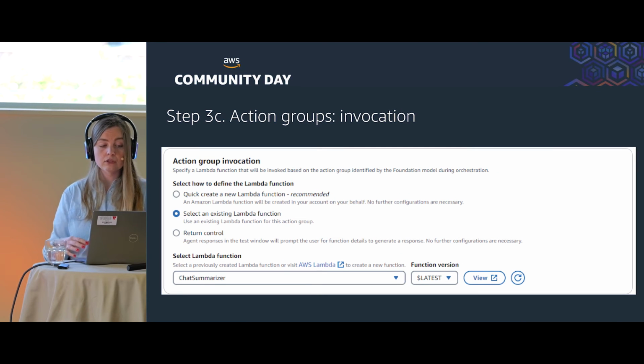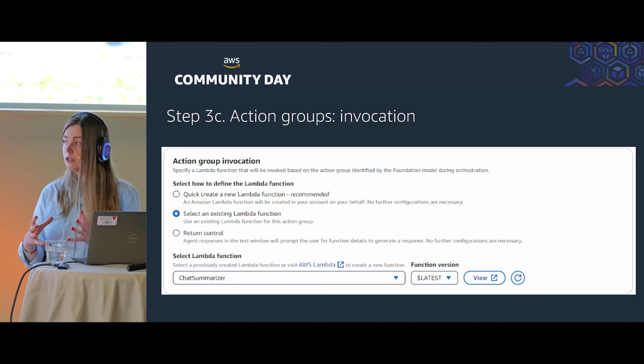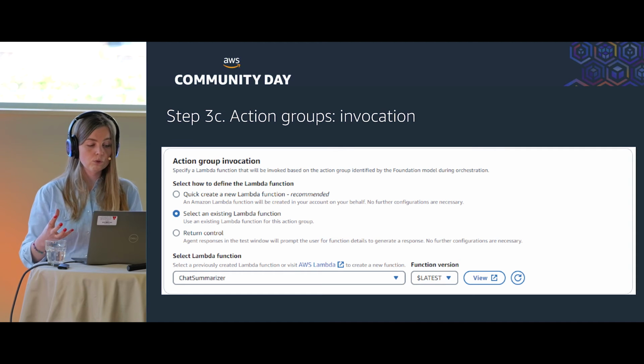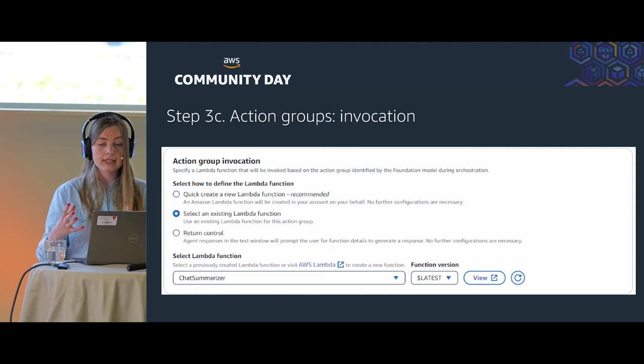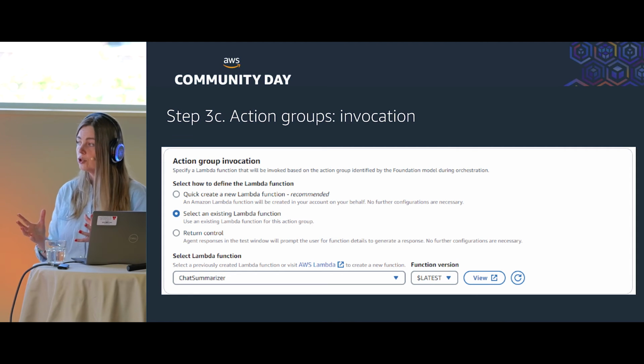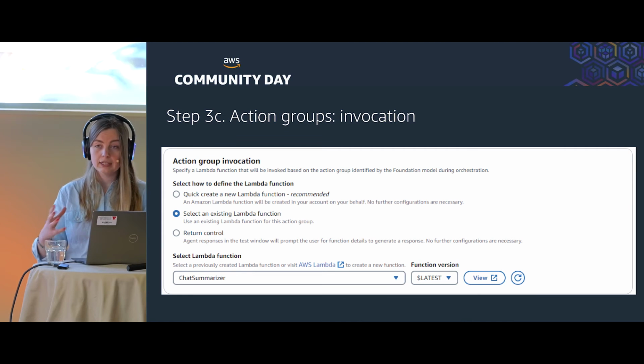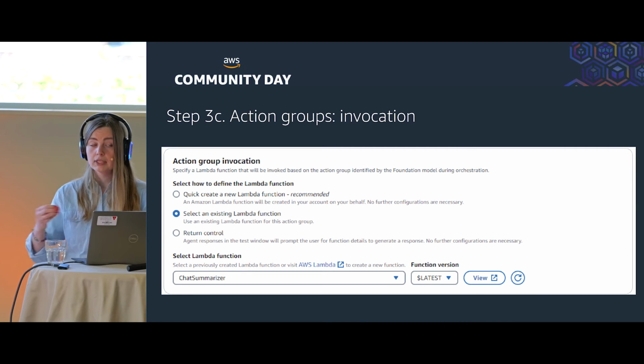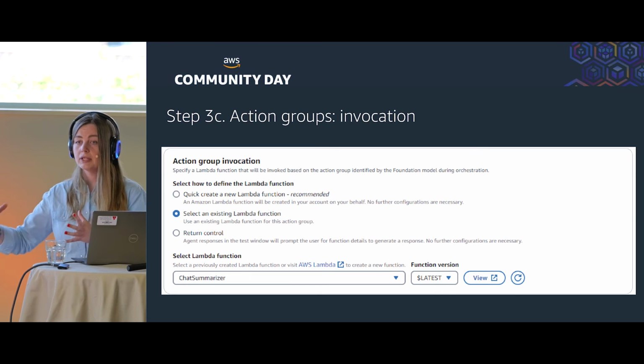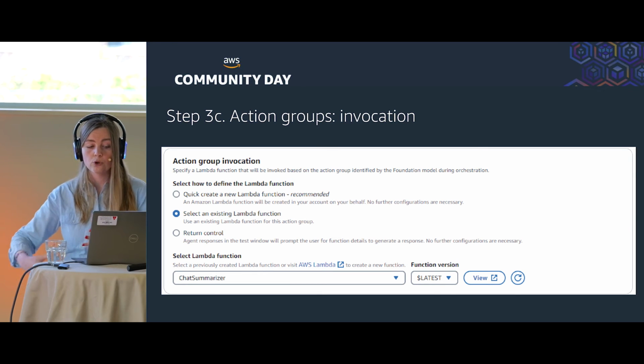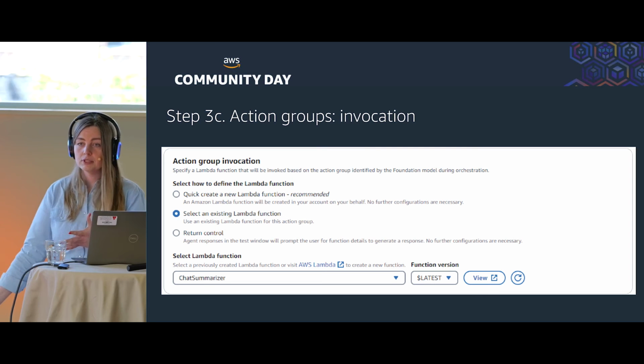And then you can choose what to do at invocation time. Previously, only one option was available: to select an existing Lambda function. This is what the agent should do in order to fulfill your prompt, so it had to call a Lambda function.